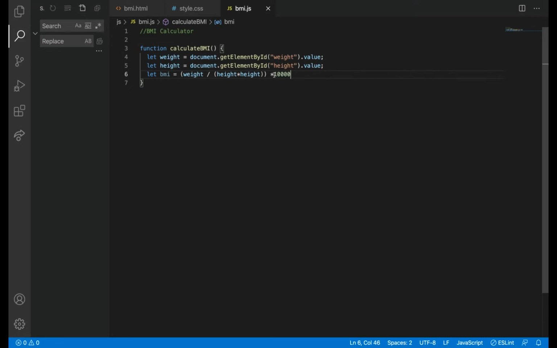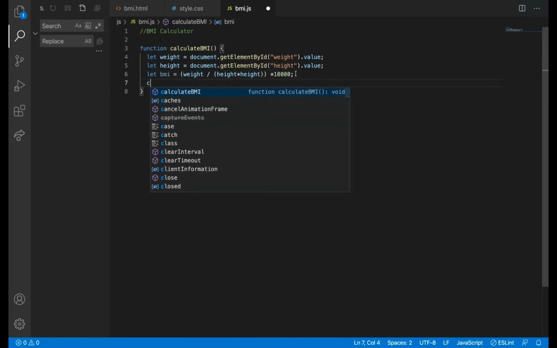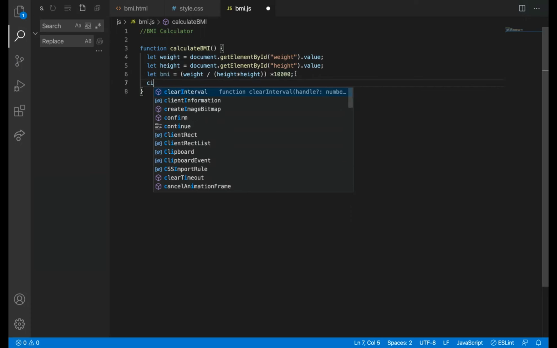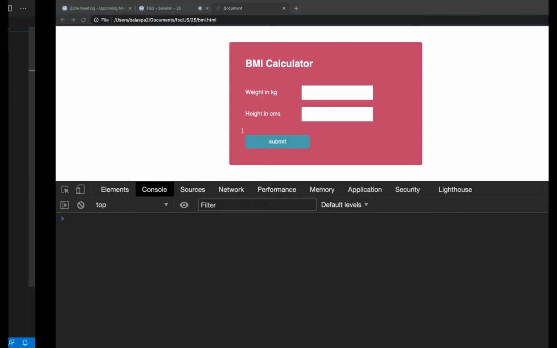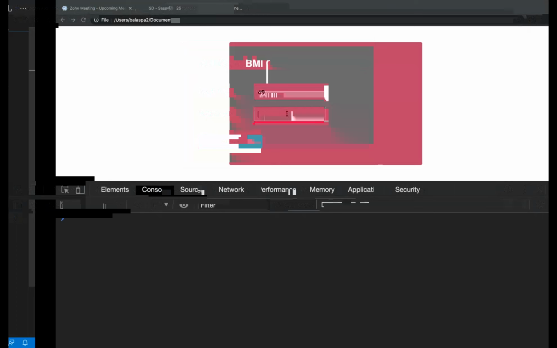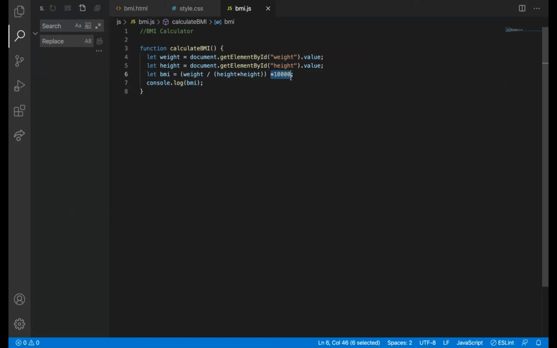So 10,000. First, I'll check what values it is giving. Console.log BMI. I think it will be wrong. It's a mistake. I need to multiply it here, right?